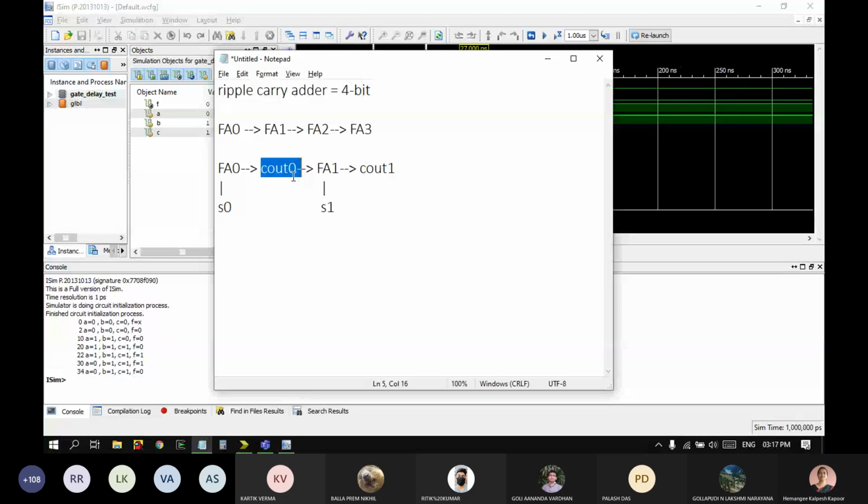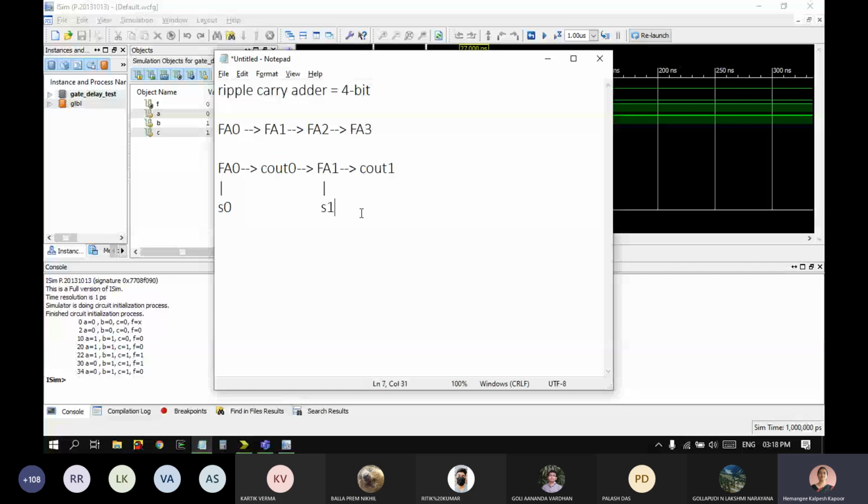So there is a cascade. If the C out affects the FA1, FA1's output will change. The same thing, if FA1's C out 1 is going to change FA2's output, its output will change. Hence, in a ripple carry adder, the first stage, FA0's carry out might affect all the stages up to FA3, and you might get the answer much later. Okay, so the answer will come much later if there is a cascading effect of the change of one output on the second stage. So you have to demonstrate this in today's assignment.